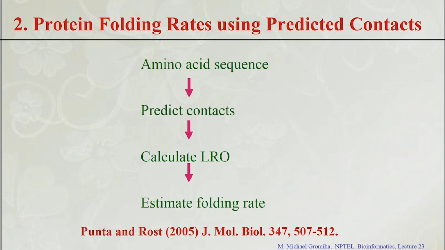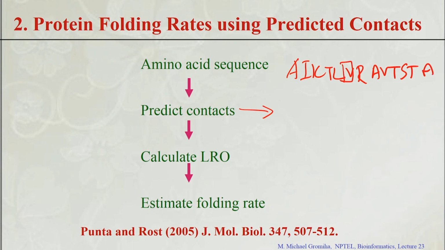So, what they did: first they get the sequence, and for the sequence they get the contacts. How to get the contacts? They use the amino acid sequence information. For example, take any residue, for example this valine. They have identified the residues which are close to valine, for example this leucine, threonine, lysine, on the right side towards the N terminal and towards the C terminal, and they located the